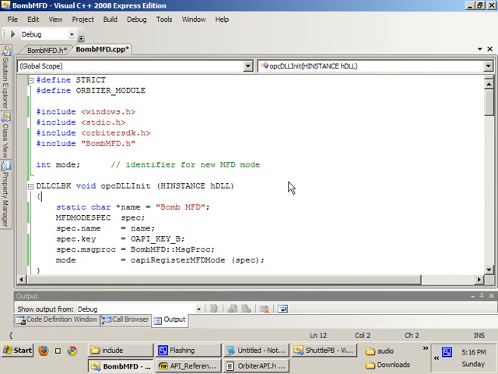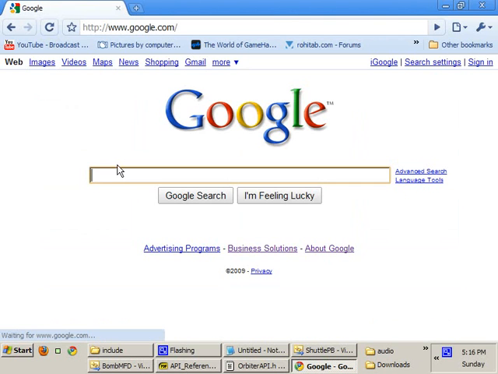Maybe I will create another video later on which will show you how to create an MFD so that the MFD instances are independent of